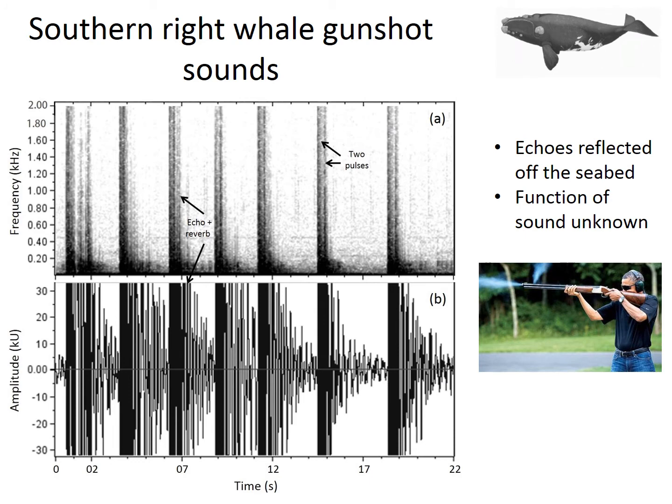Southern right whales produce about 13 sound types. We'll not talk more about the other sound types because those were not recorded in our study. We only detected gunshot sounds. Gunshot sounds are termed so because they sound like a gunshot, like a rifle, as we can see here in the picture, the former President Barack Obama firing a rifle. That's what a southern right whale gunshot sounds like.